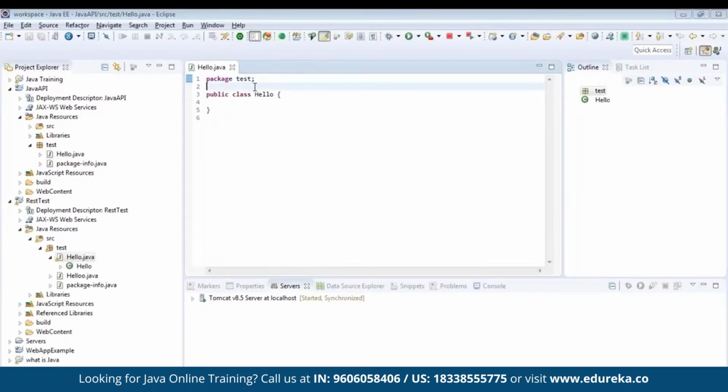Clear? So from here on we'll begin by creating our web service. The first thing you need to do is create an annotation that will specify the path of this web service. For that you're going to use the annotation path. You're going to use @